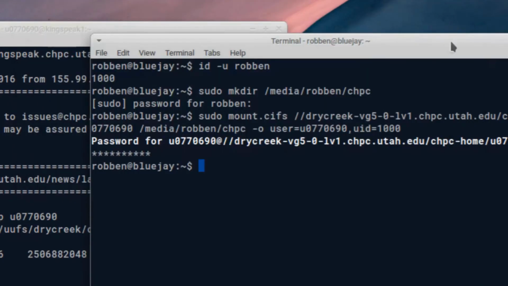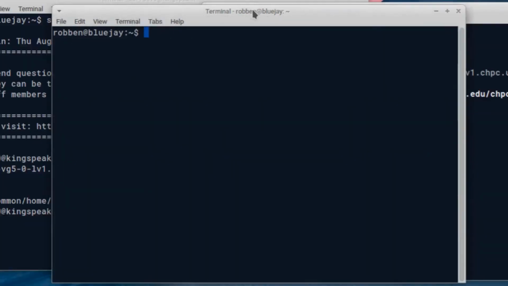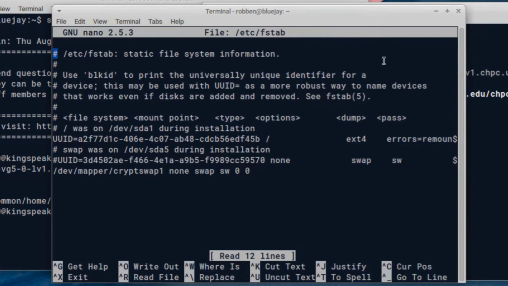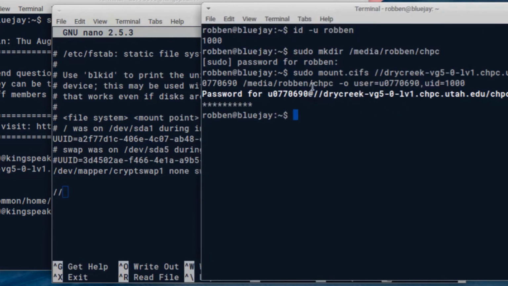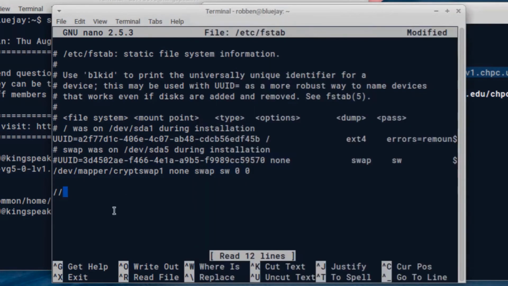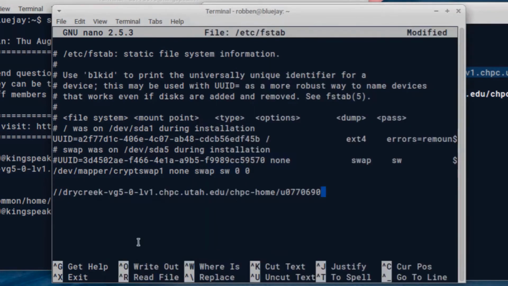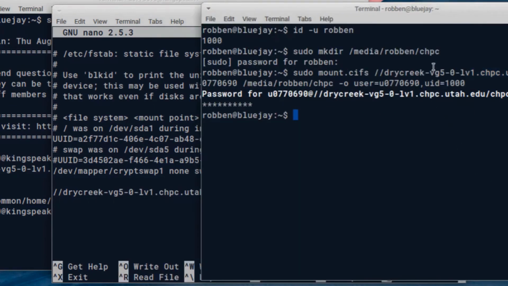It's possible to make this a bit more convenient and not have to go through the SSH process every time by editing your fstab file. You can do this by doing sudo nano, or your favorite text editor, /etc/fstab. Add a new line with the location of the files on the server, the one we just entered for the single command, followed by the location to mount them to on your computer,